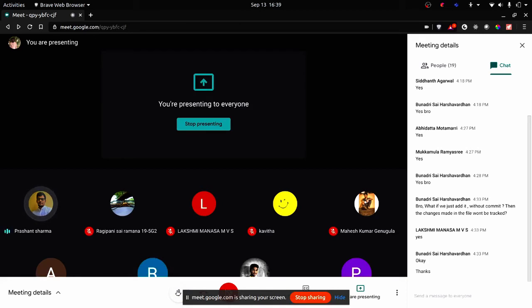The actual meaning of commit is that you are taking a screenshot of that code, and you can take the screenshot only when the code is added into the tracking area. When your system knows that there is some new file, only then can it take the present appearance of that code and save it into its database. That's where the system of rollback comes into action, through the commit.